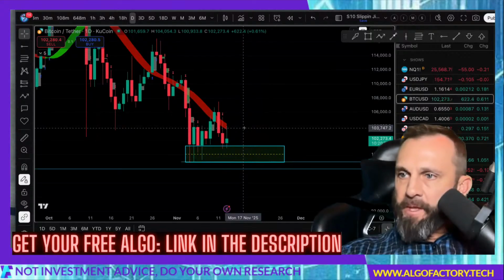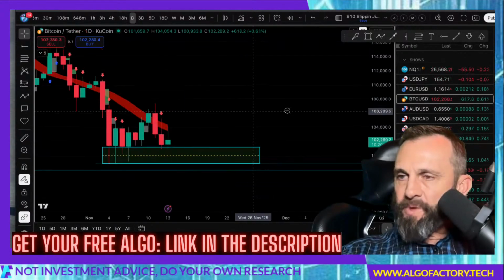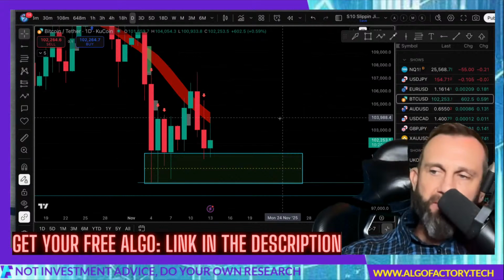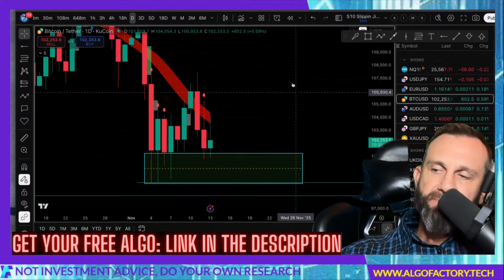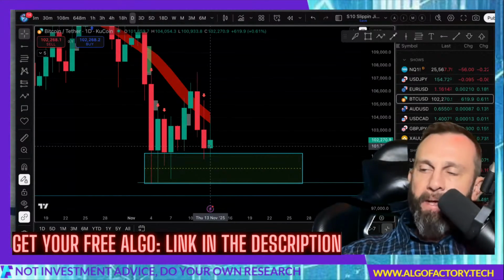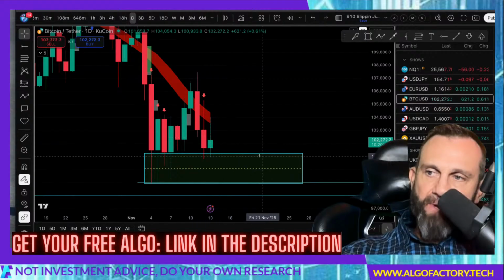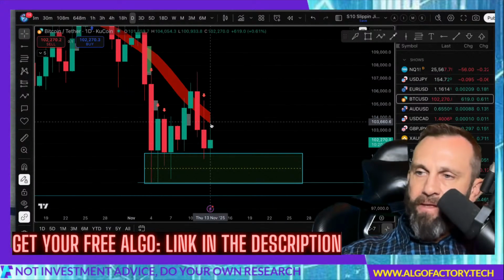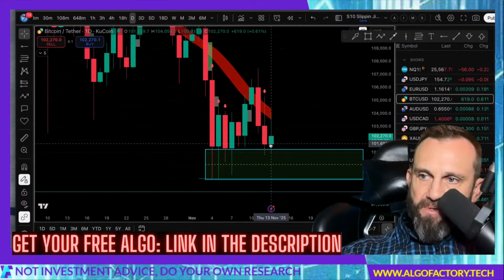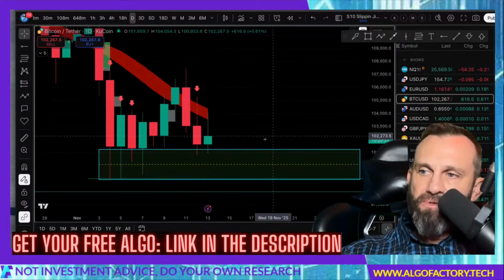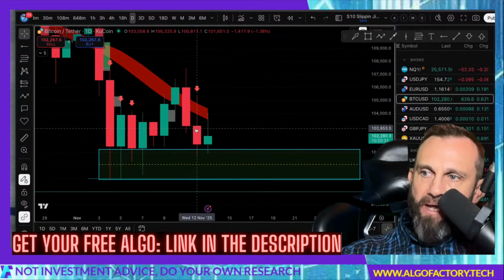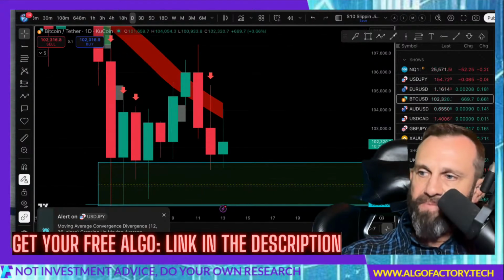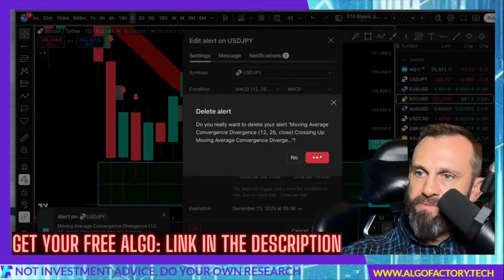Now, what I would need to see to have at least some confidence that price will head up. First of all, this double bottom could get a little bit deeper, right? But let's just say that this current green candle were to close higher than this red candle and have a higher high, right? So what I mean by that is,